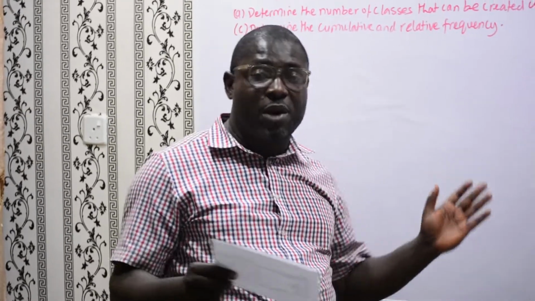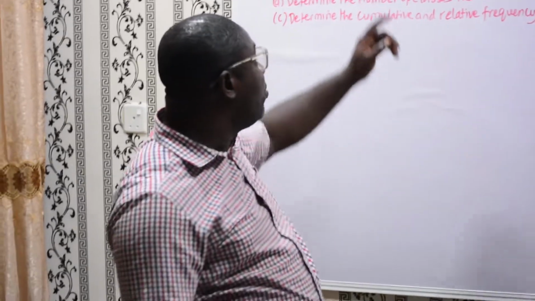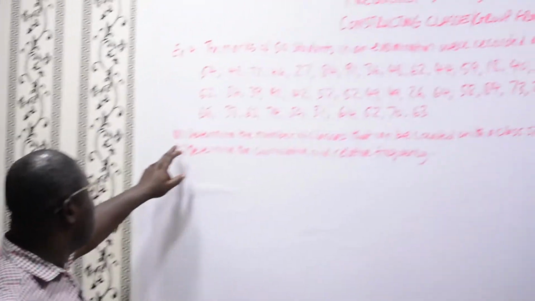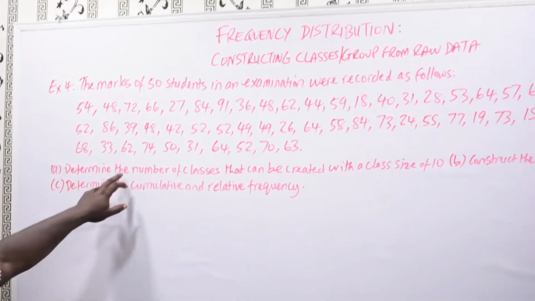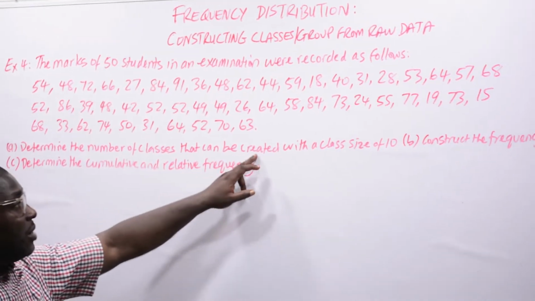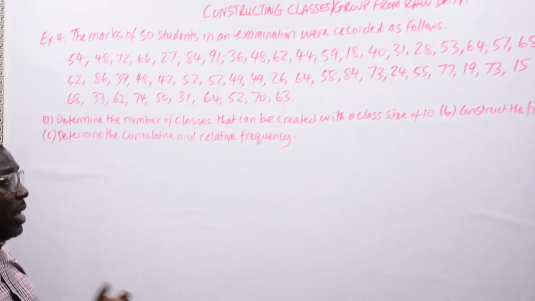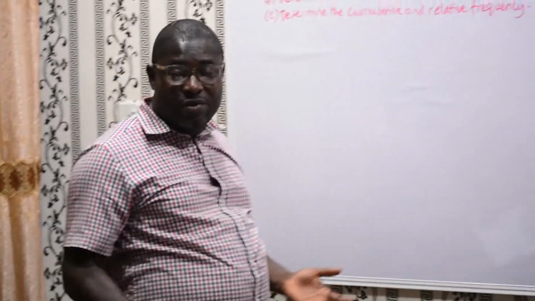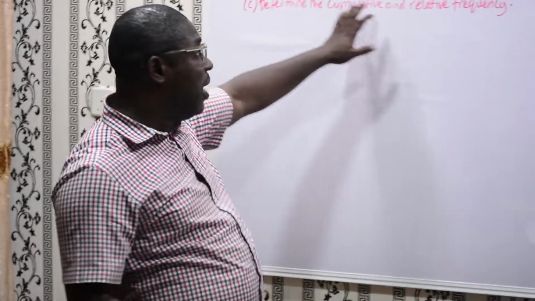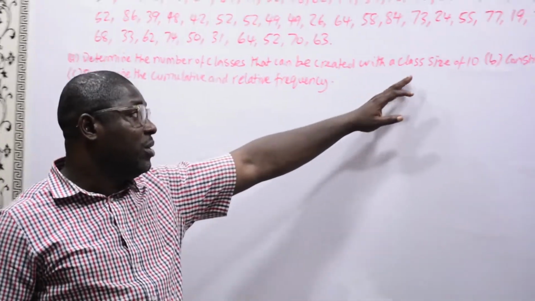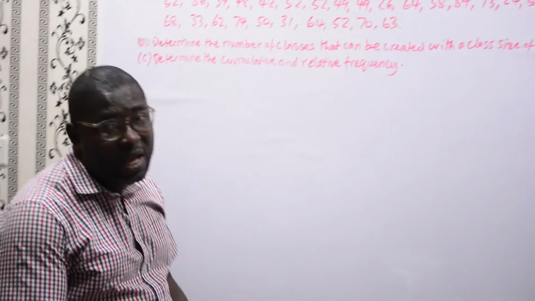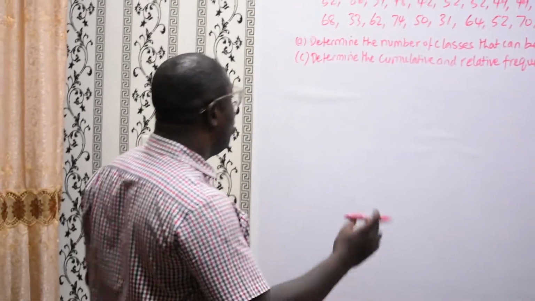There's a formula that we can use, and I'll write the formula on the board. From the question we have here, question A says determine the number of classes that can be created with a class size of 10. Sometimes you may be given a class size of 5, or be asked to create a class size of 7 or 15 as the case may be, but in this example we have to find the number of classes to be created with a class size of 10. To know the number of classes, we use the formula